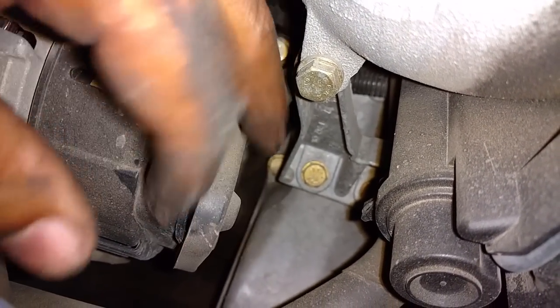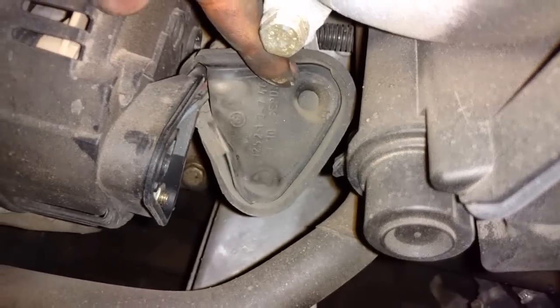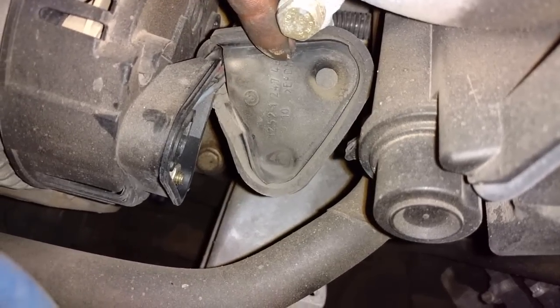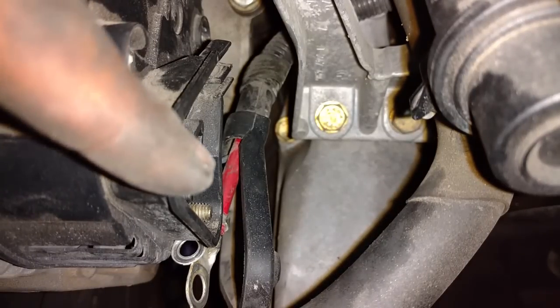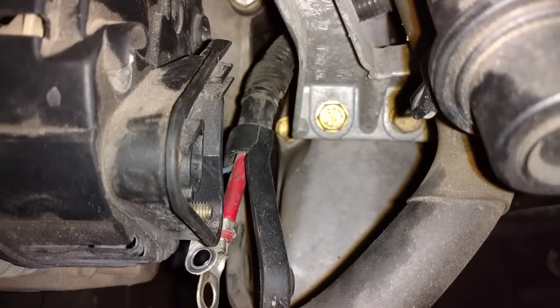This needs to be pulled aside and take those two screws loose. One of them looks like a 10, the other one might be a 12. If there's anything other than that, I'll mention it here. The lower nut was a 10, the upper nut was a 13. I removed them. I slid this rubber boot back on the wire harness and pulled the wires off of the